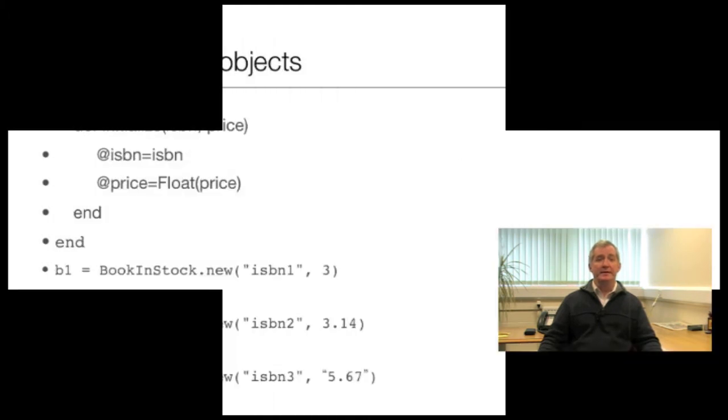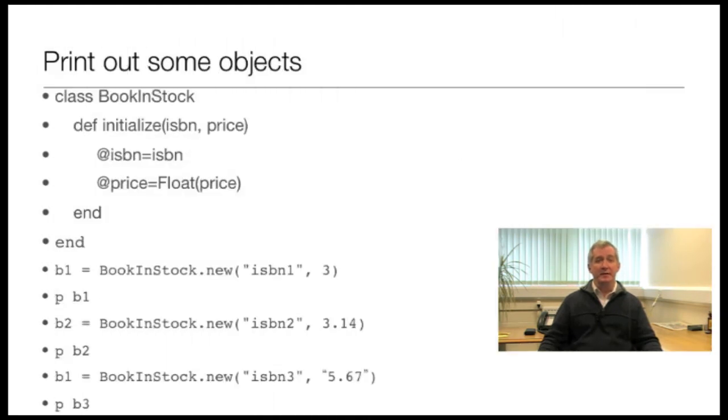What we can also do is print out some objects now. We can create 3 new books. They happen to have different ISBN numbers, but we can create 3 distinct books which have the same ISBN number, of course, but they will have unique identifiers in the background, something again we'll come back to a little bit later. We can use a very simple print statement to print out the values of the instance variables,